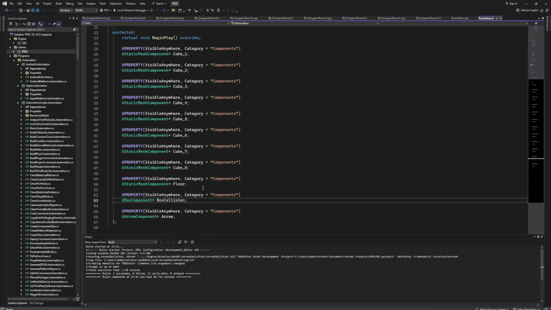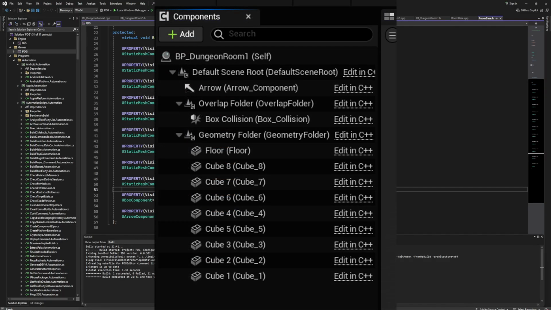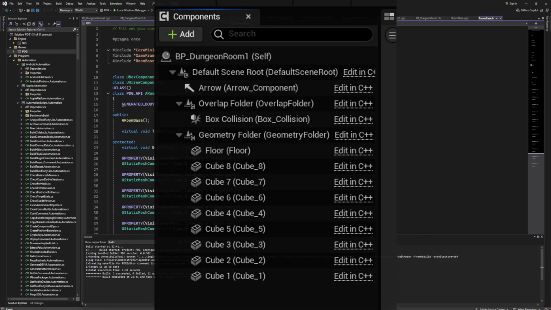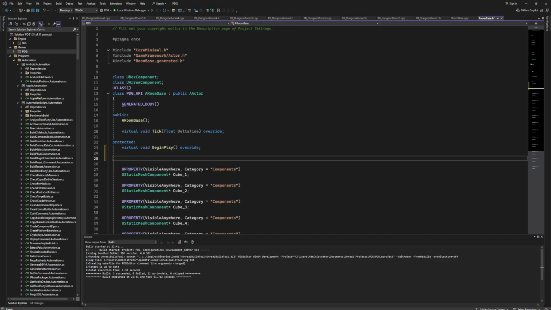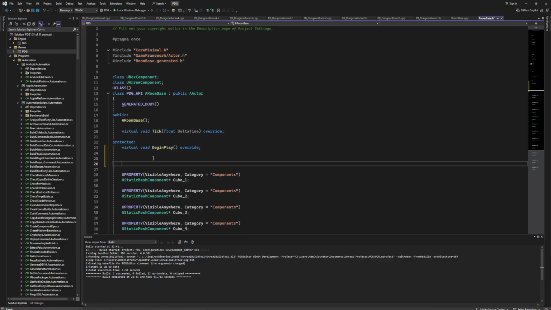But actually, before even those two folders, we need to create another folder, and that will be a main folder where we are going to store all the components that we have in our blueprint. Okay, I hope you get the point. If you don't, you will see later what I mean by that. So here, let me just see in my other project. Okay, so here below protected,